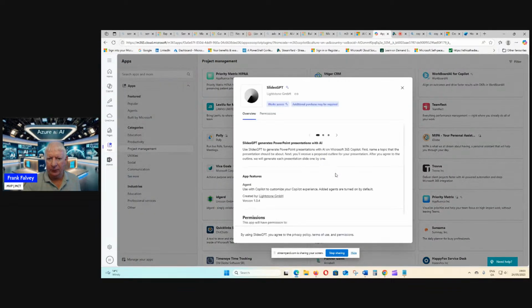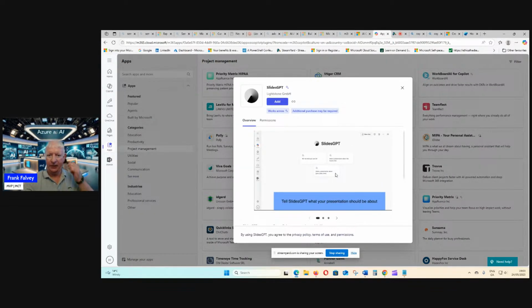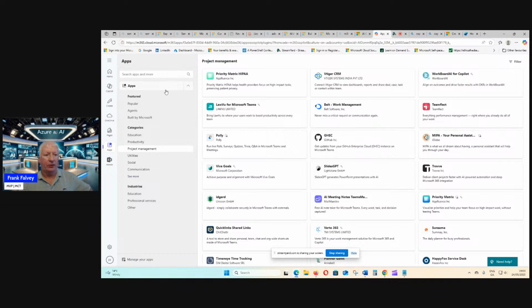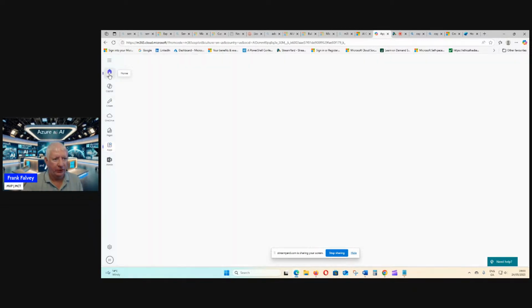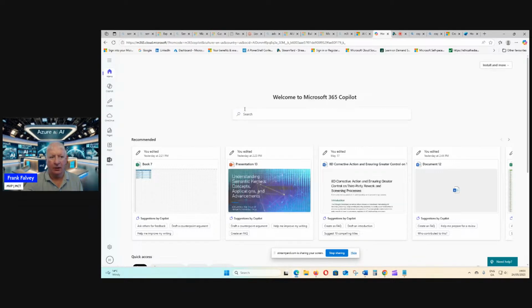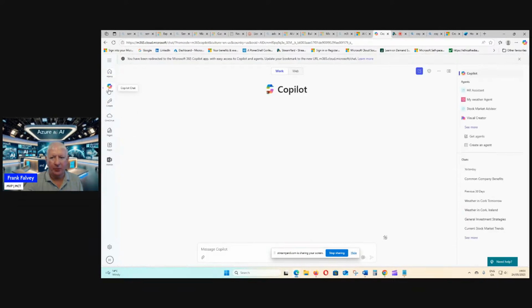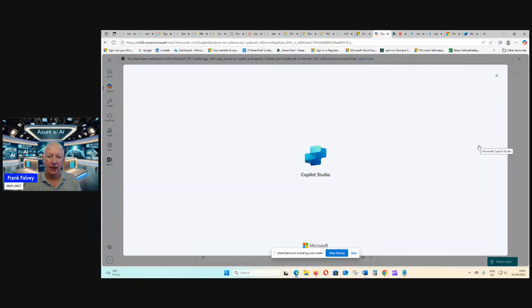Let's click into that one. It's the first time seeing this. Okay, you can click the add, and then you can add it to your M365. So we'll just go back to the home page and we'll go to Copilot, and we can go to create an agent. Okay, click on that, and